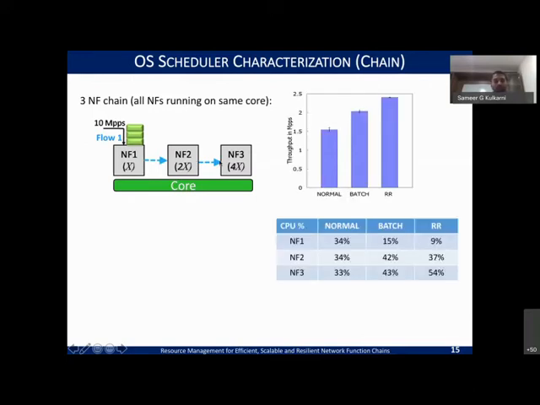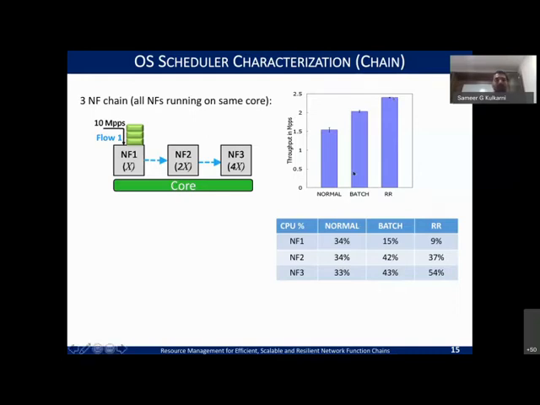So if you have these kinds of processes, what we start to see is that for whatever number of inputs you give, if you measure the throughput you achieve at the end of NF3, different schedulers behaved totally differently. If I opted for the normal scheduler that Linux provides, my throughput was around 1.5. But if I opted for the round robin scheduler instead, I was able to get a jump of up to 2.5 million packets per second. That was the jump in the throughput, right?